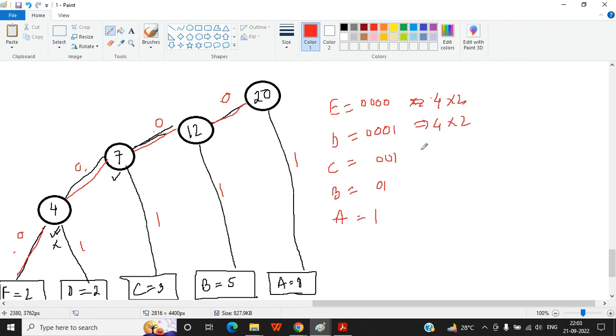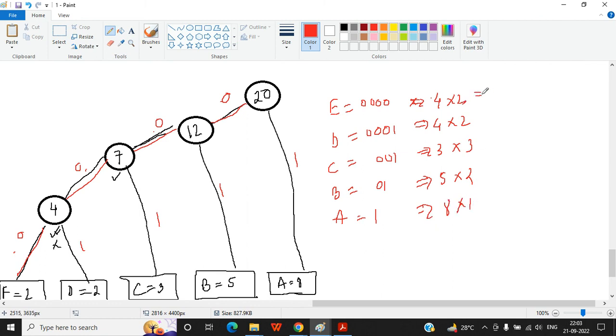C is coming 3 times. The maximum appearing characters are getting fewer bits, 2 bits, and this is your 8 and it is 1.